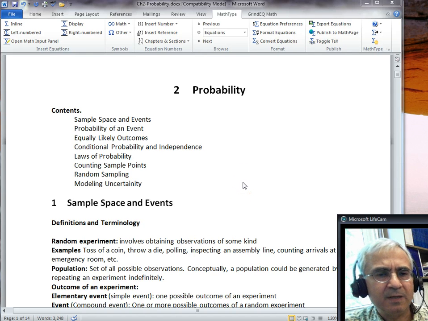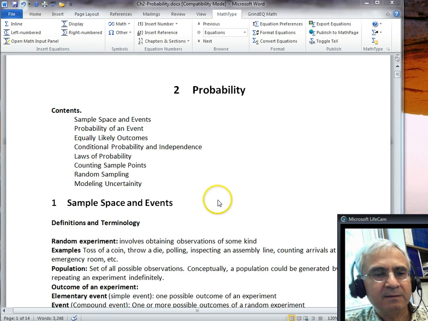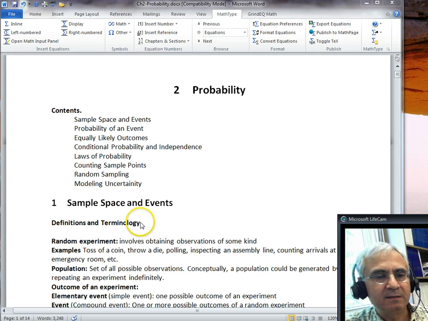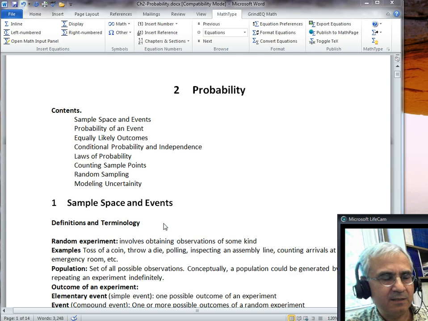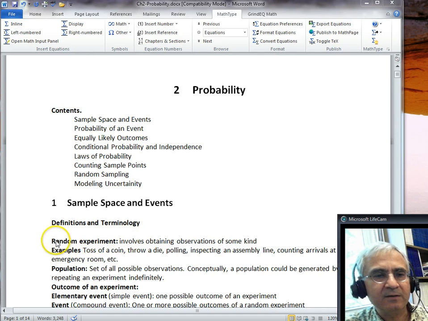When you talk about probabilities, what does it mean to say the probability of something? Start with some terminology. The very first thing to think about is that probability is a model to measure uncertainty or randomness in things. So the first thing we're going to look at is a random experiment. You can see here the random experiment. Start with that notion of random experiment, which means